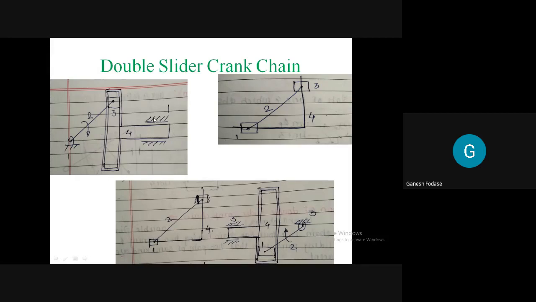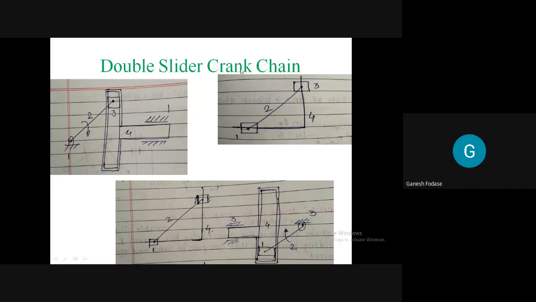Cylinder, or you can say fixed link. Which link is having complete rotation here? Link 2. What about the motion of link number 3? It slides inside the 4. What about the motion of 4? Also sliding, reciprocating. So this is the first inversion, when link number 1 is fixed.